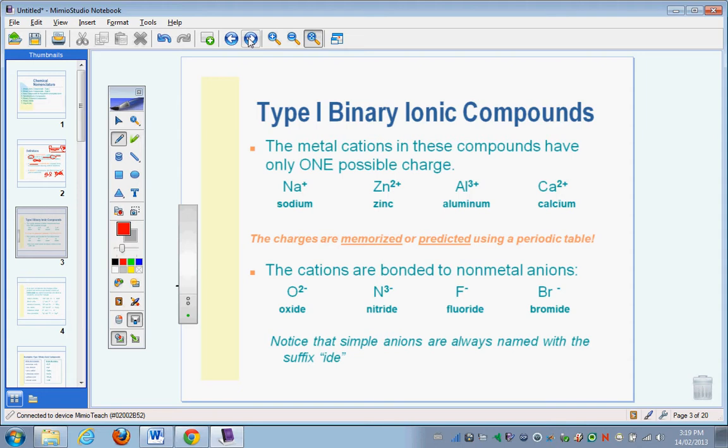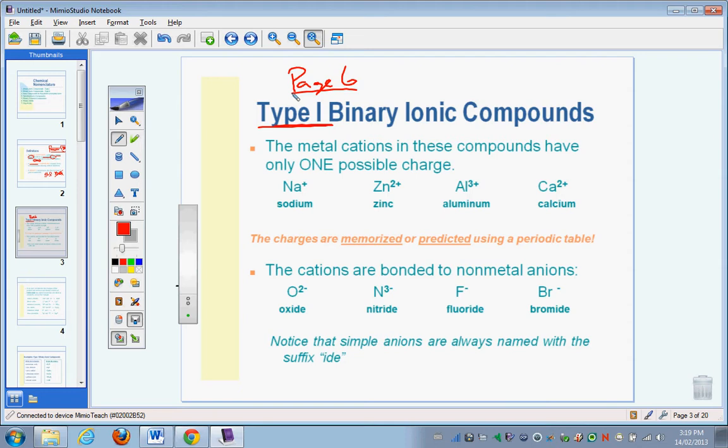The first type of ionic compound is a type 1 compound. What does that mean, type 1? Here you want to look at page 6 of your data booklet. Okay? It's going to be very important. When you look at page 6 on the data booklet, you'll notice that there are ions that have just one